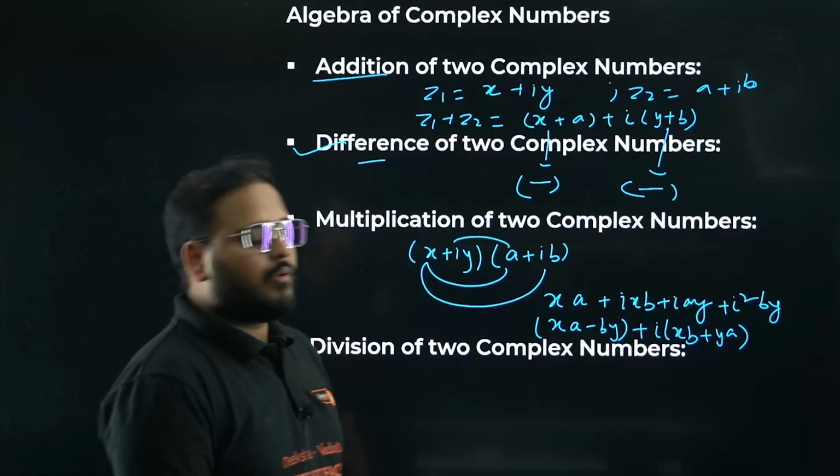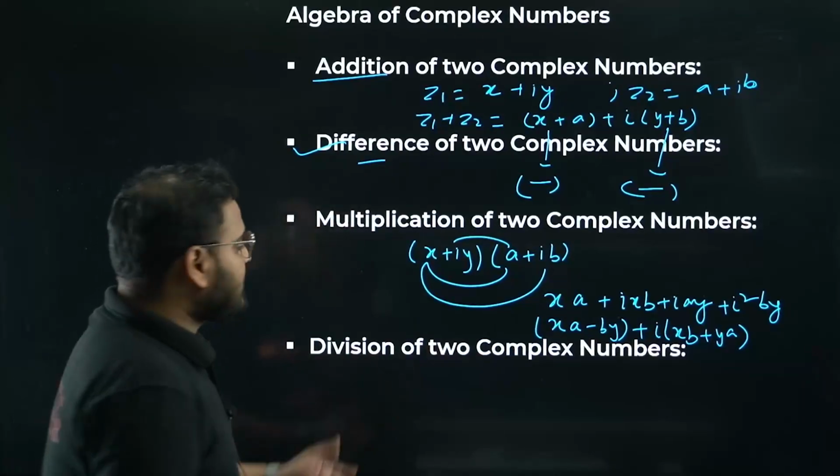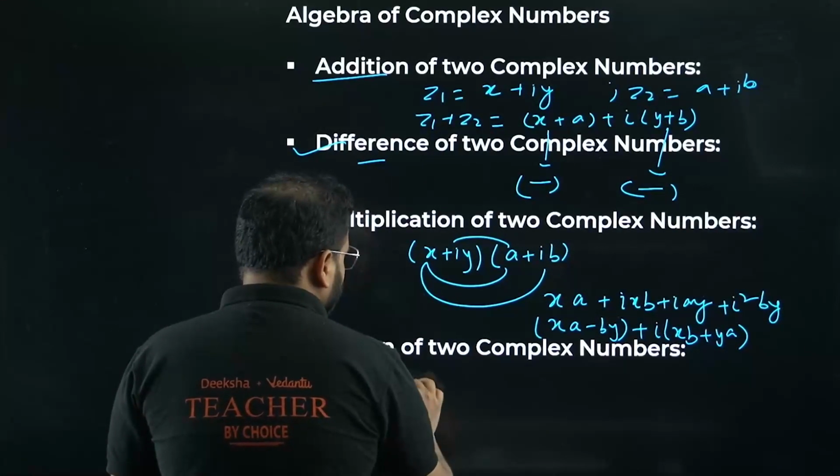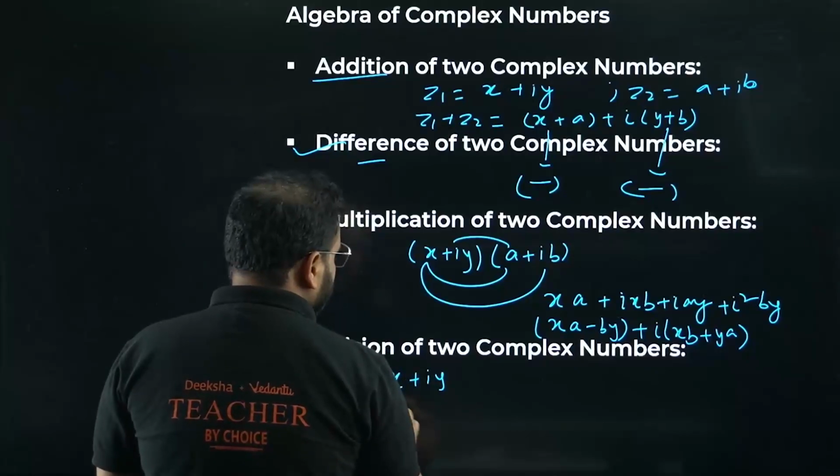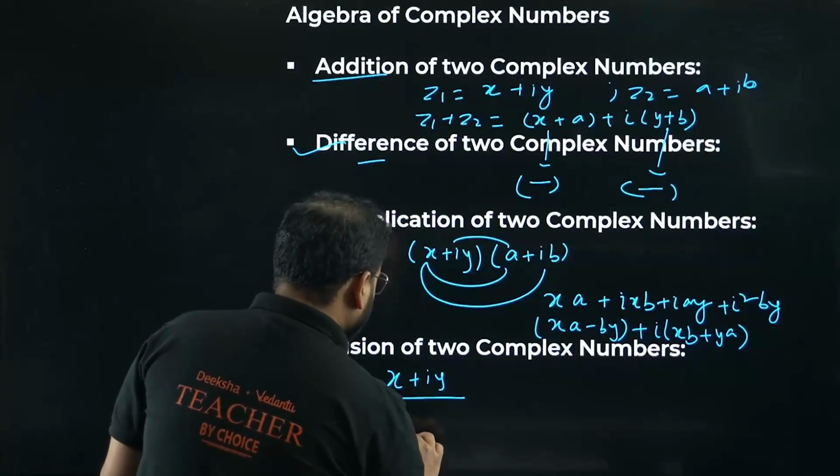This is multiplication. Okay, now next is the division. What will happen in this case, bacha? Very simple, same approach. You will have x plus iy divided by, let's say, a plus